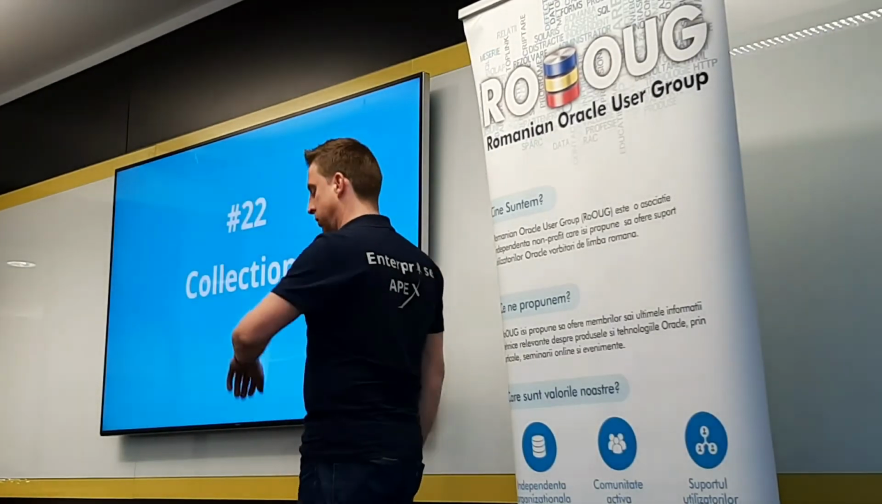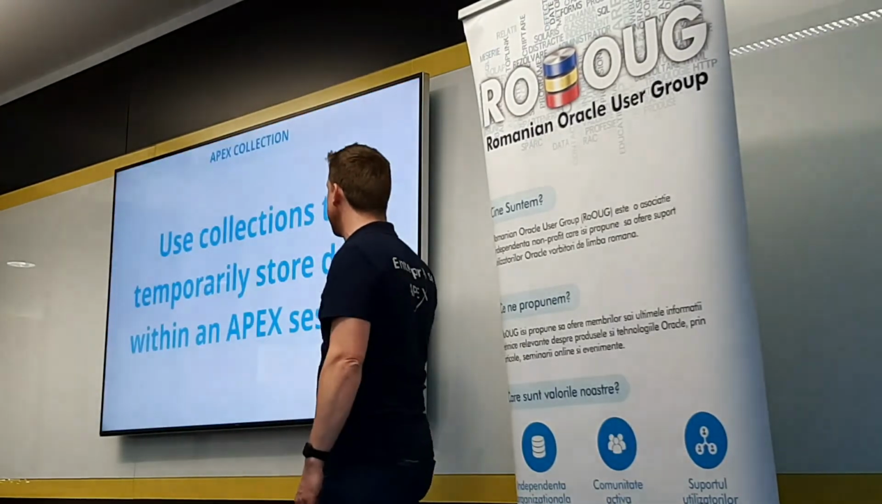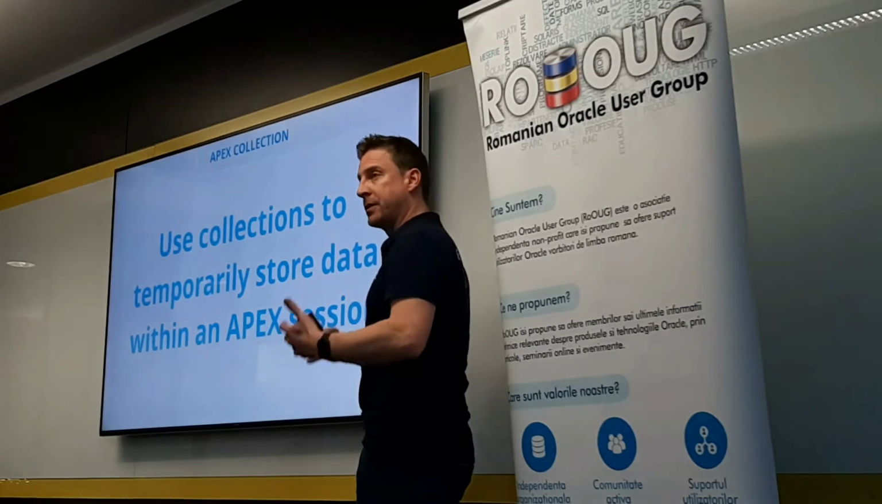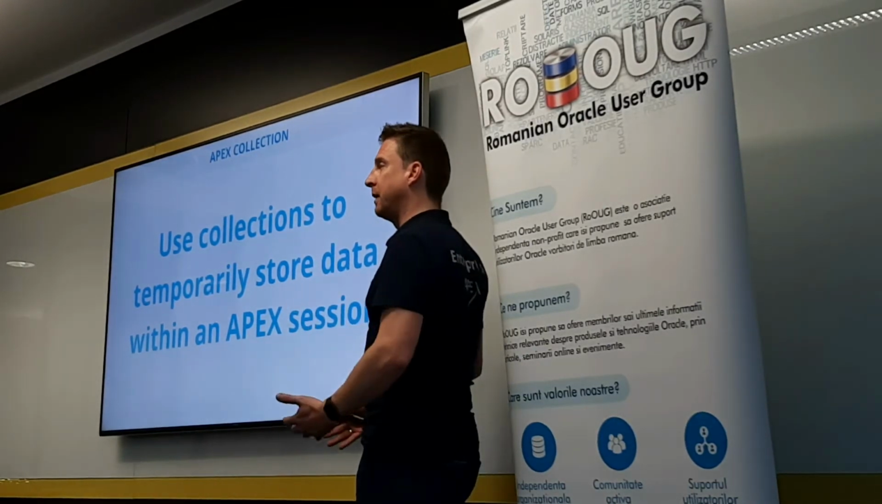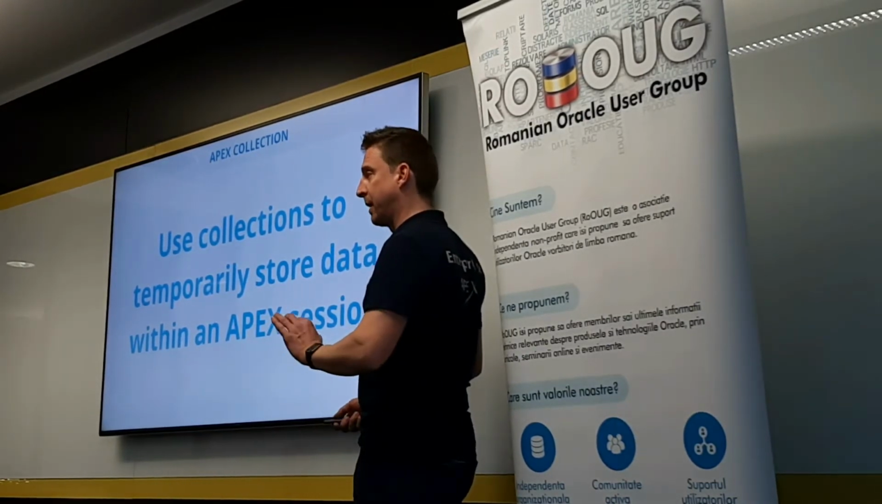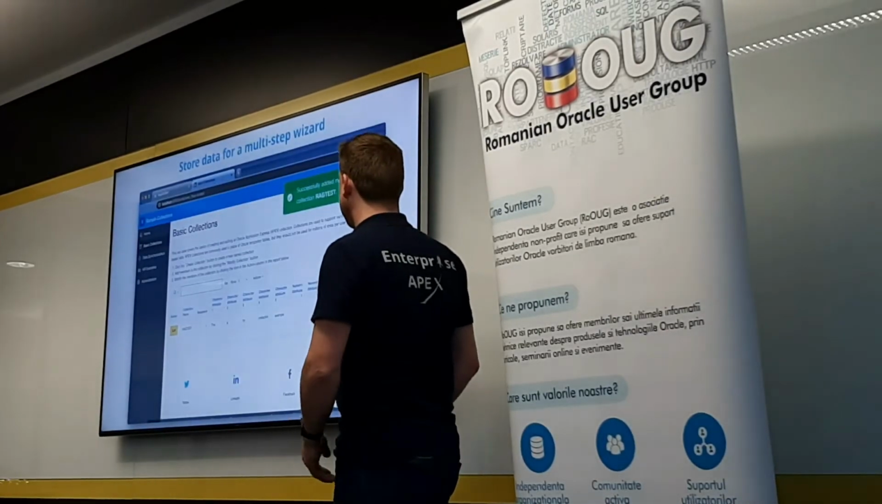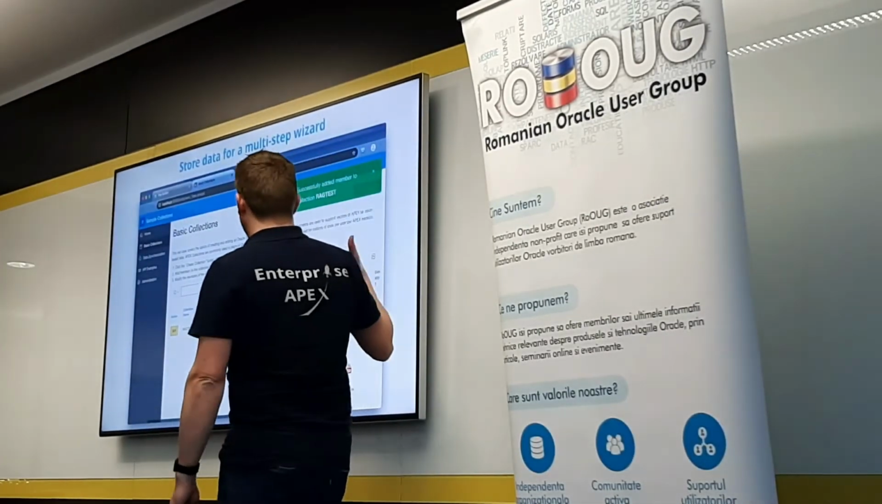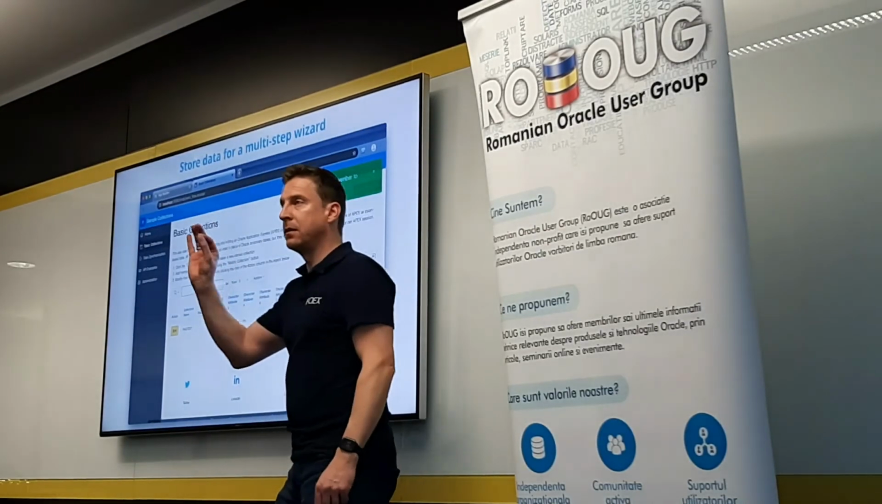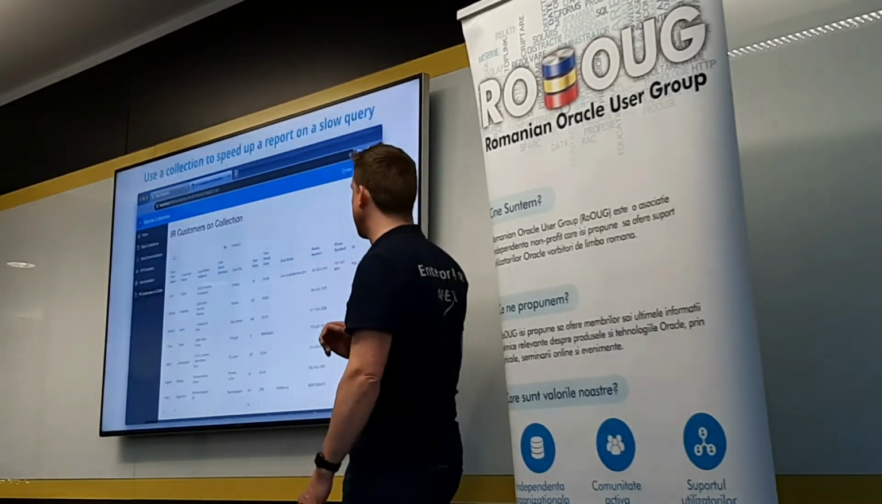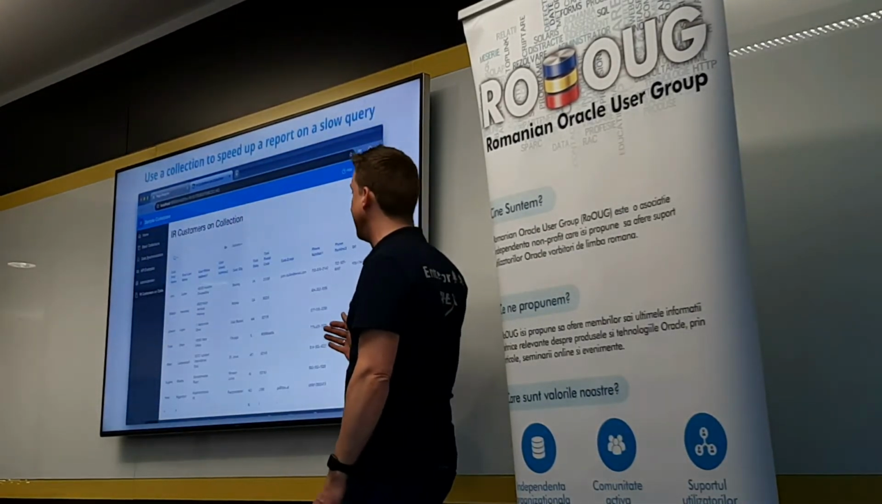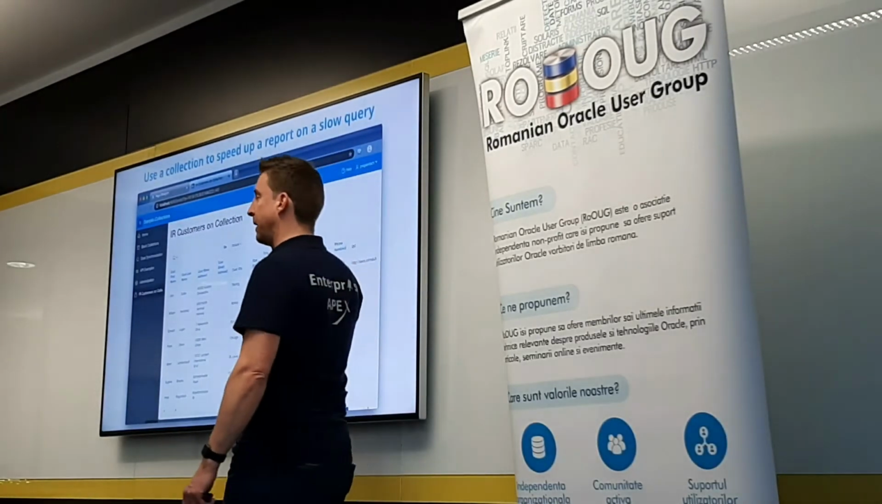Good. We need to speed up a bit. Collections. Apex collections are a great way to store data temporarily, right? So you can store a single record in there. You could also store a lot of data in there. We sometimes use collections for